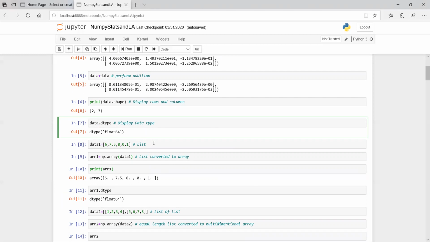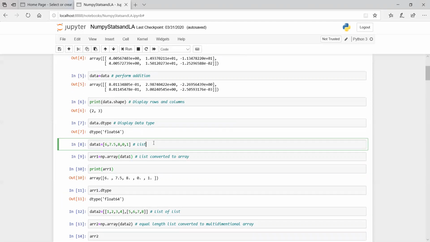Another way that we can pass data to an array when it is being generated is through a list. Suppose we have a list data1 and we want to pass this list to array1 to create a NumPy array. So initially, let us create a list data1 with some values in it, which are all numerical values. And then we will pass this data1 to array1 to form a NumPy array.